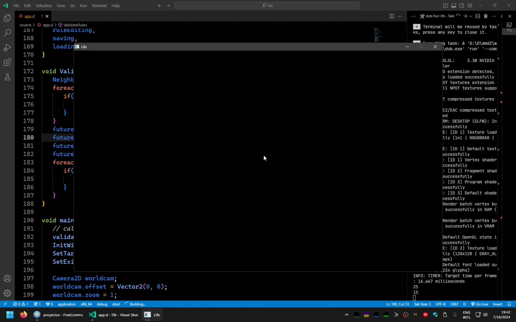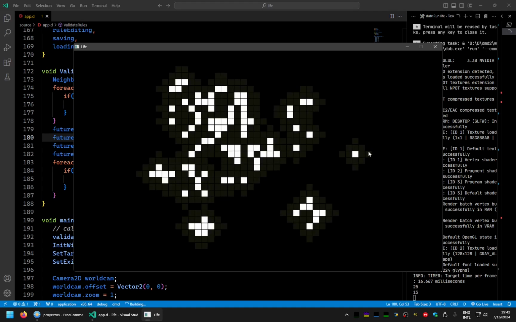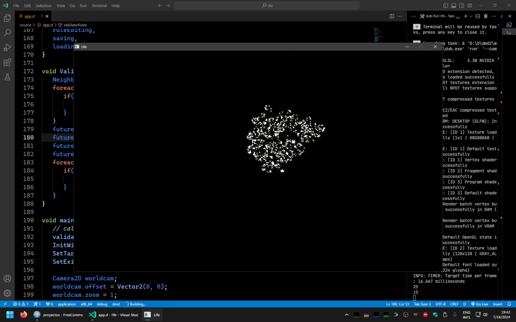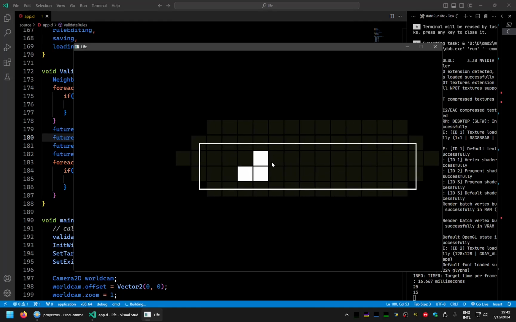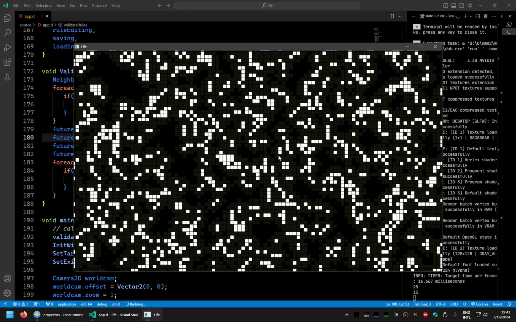in the normal game. We are seeing the neighborhood here. Wow, interesting. This is very explosive, so we will edit the rules so that we are not surviving so much. Let's see. Another thing